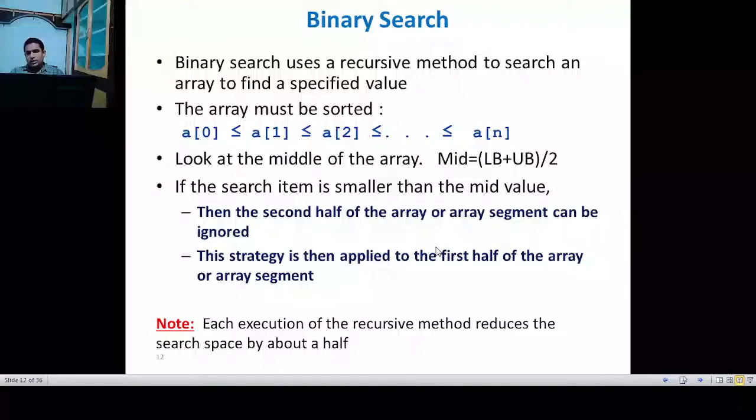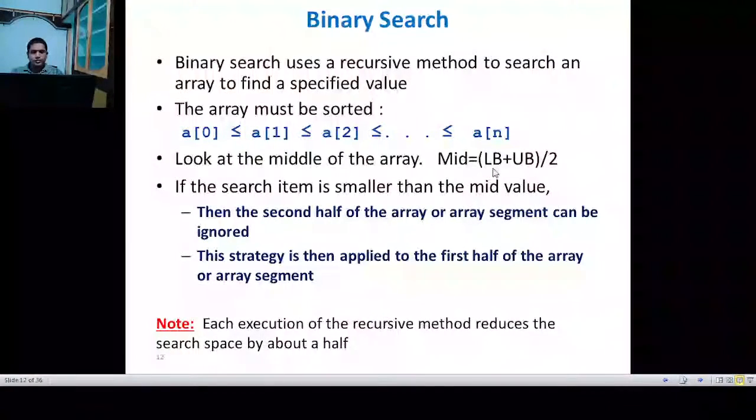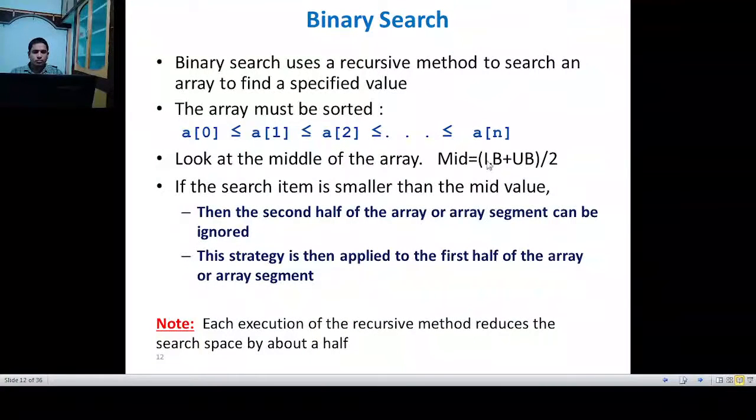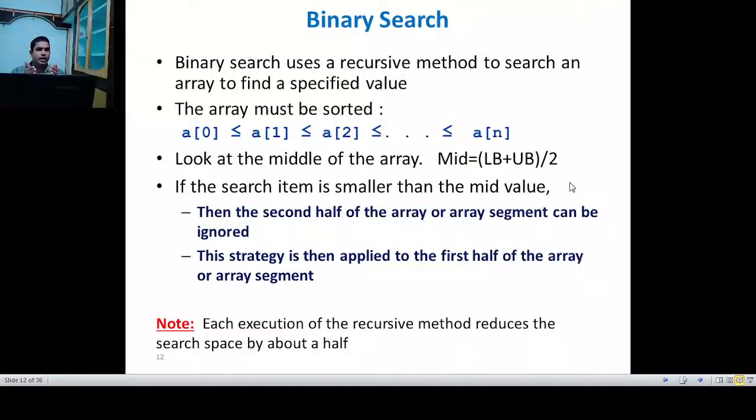So the procedure here is to look at the middle of the array. To go to the middle of the array, you can use this formula: lower bound plus upper bound divided by 2. The lower index plus upper index divided by 2. You can take the floor value, right? You can go to the nearest middle element. You may not get the exact middle element in some arrays.